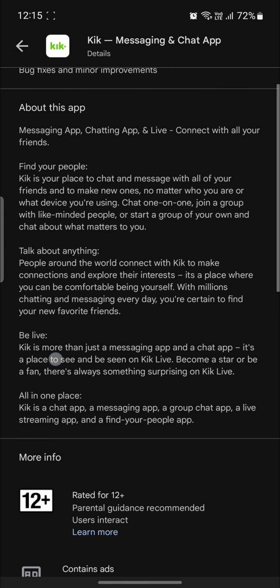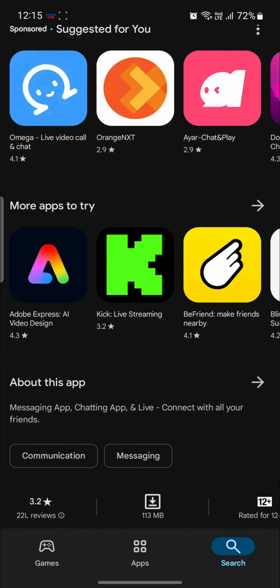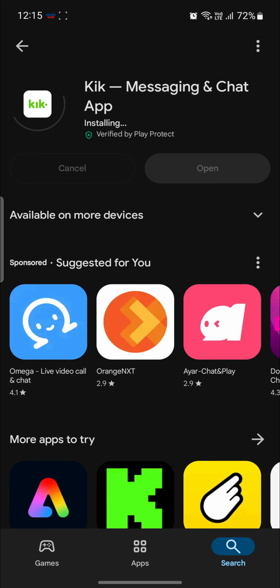So some of the functionalities of Kik is chatting, voice messaging, video messaging, and sending files. You can also go live and share your life with others using Kik. So guys, you can go ahead and download and install Kik Messenger now. I hope this video about how you can download and install the Kik Messenger app on your Android device was